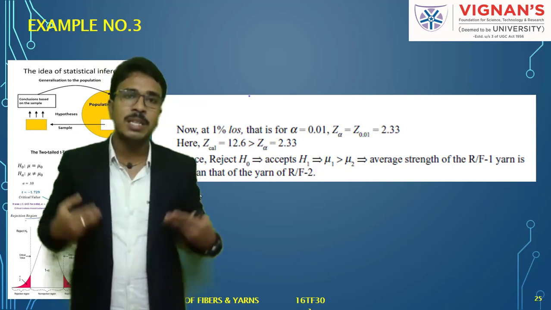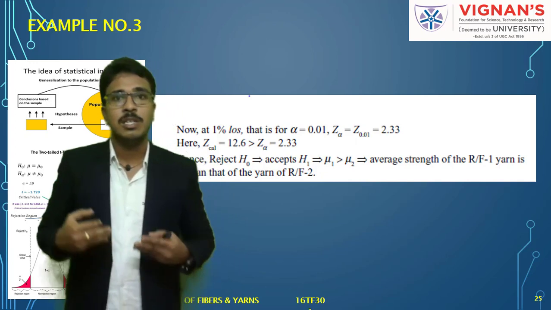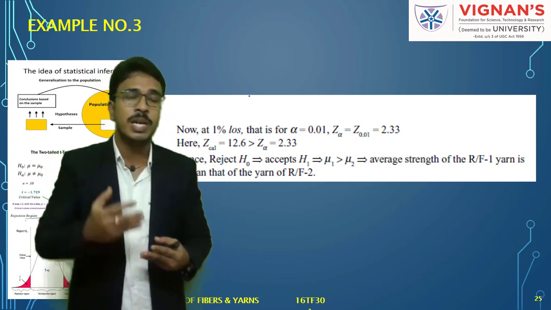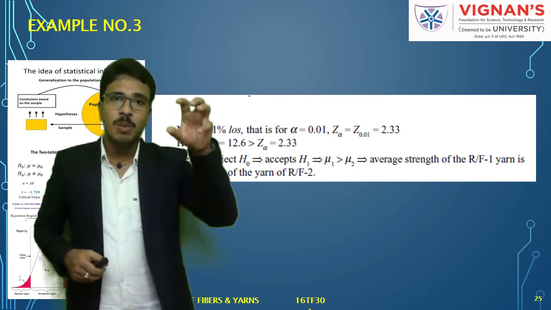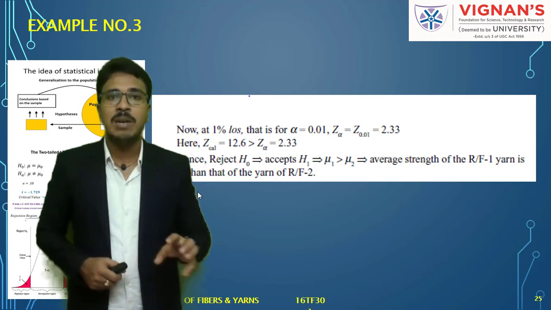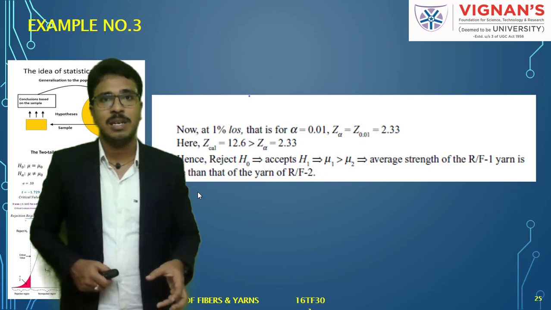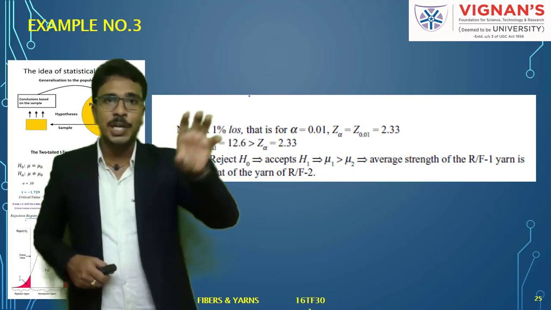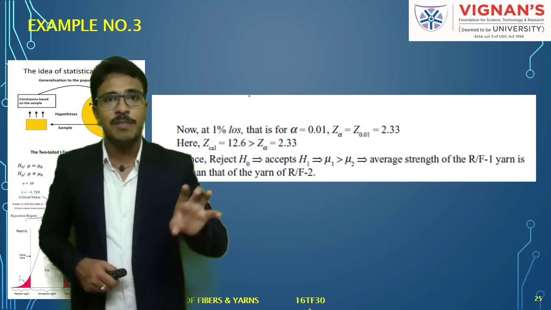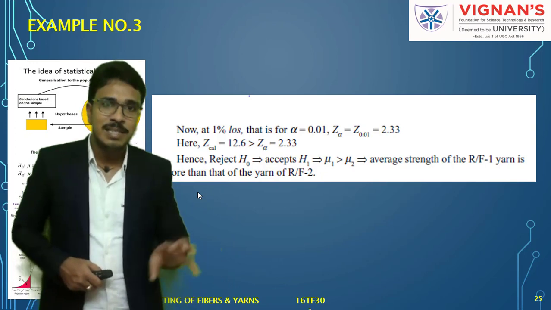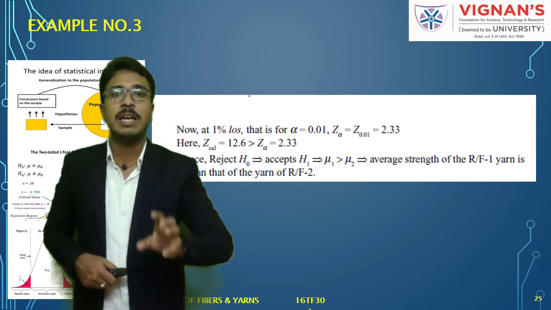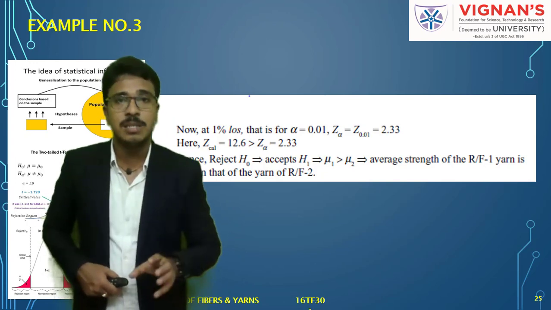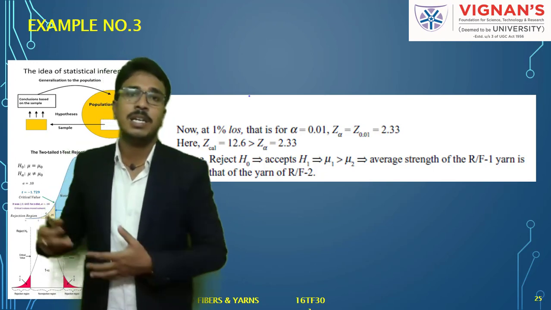And if you are doing this testing of hypothesis, what kind of things you have to look at: what is the parameter and what is your sample size. If your parameter is related to mean or averages, and if your sample size is less than 30 or greater than 30, accordingly you have to select the type of test,